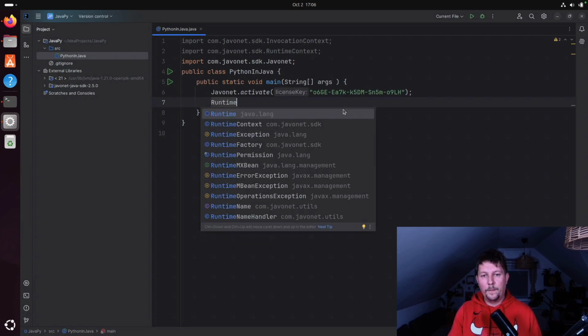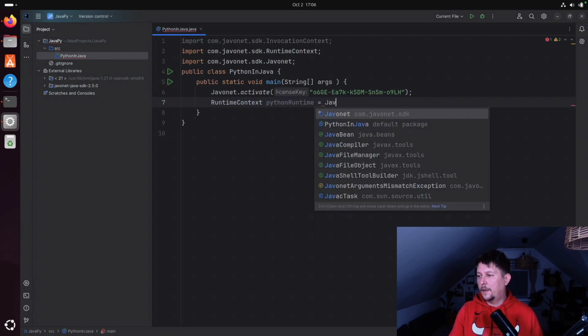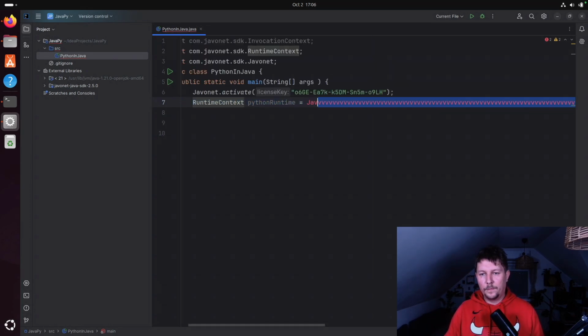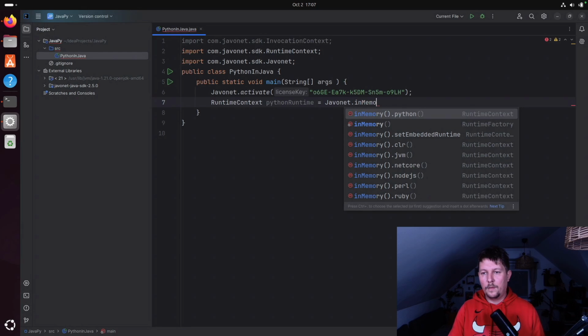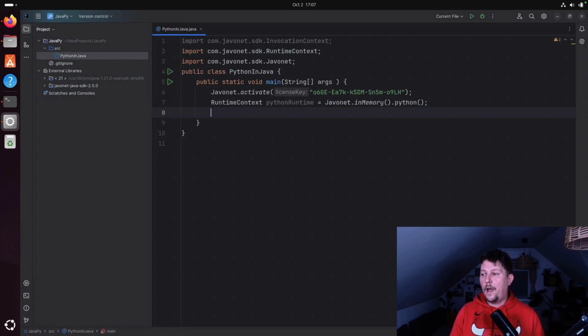So runtime context is Python runtime, which is Javonet that in memory Python. Javonet that in memory and Python. And now we have our runtime context, and we will have the string